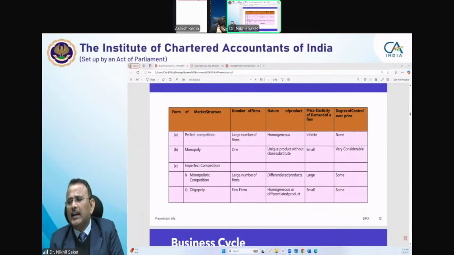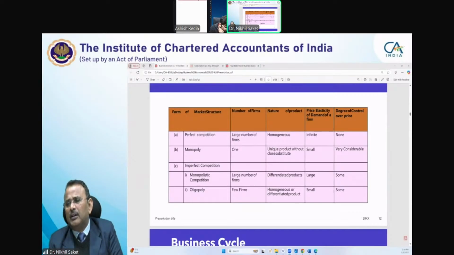You see the graph and at least 4 or 5 characteristics of a particular market structure come into your mind. Here, in case of perfect competition, there will be a large number of firms. The product will be homogeneous. The elasticity will be infinite, and the degree of control on price is none. So definitely the graph is helpful, although generally in case of detailed explanation it is more helpful, but try to understand